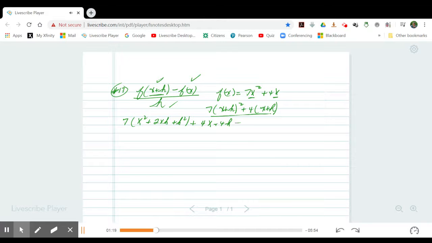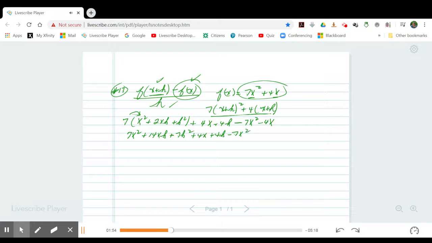And now I'm going to subtract the f of x function. The f of x function is right here. So subtracting this is going to change both of these signs. It's going to give you a negative 7x squared and a minus 4x. That minus sign, when you're subtracting f of x, changes both these signs. And of course, this is all over h, but we'll worry about that in a minute. Distributing these terms here, we get 7x squared plus 14xh plus 7h squared plus 4x plus 4h minus 7x squared